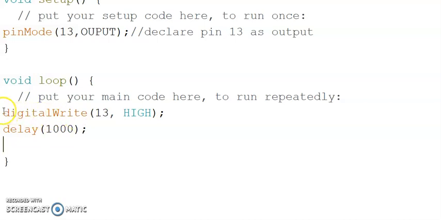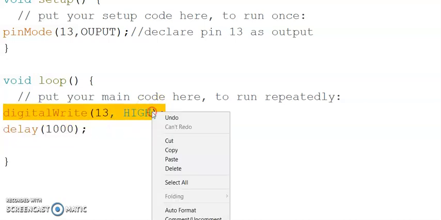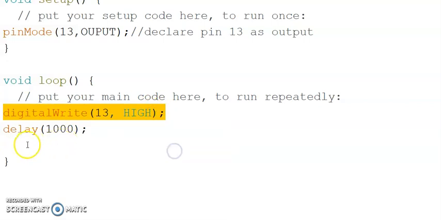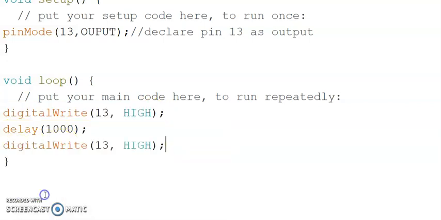So I am going to copy this command and paste it over it and change it to low. Here I can add my comments, that is LED on, here LED off.